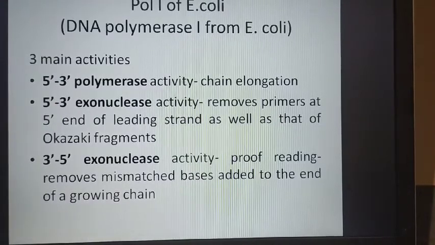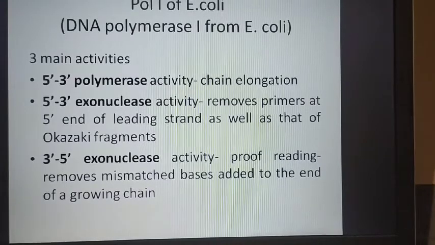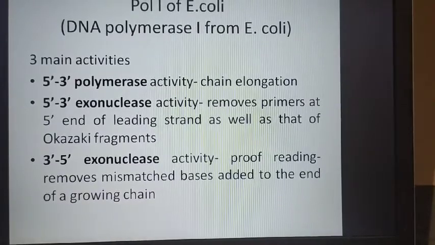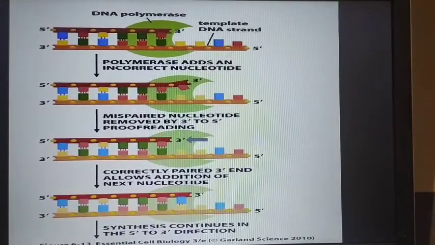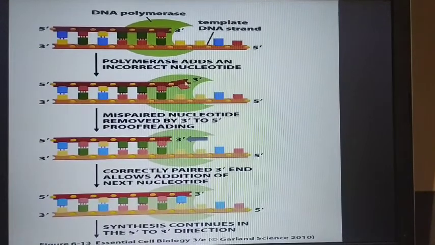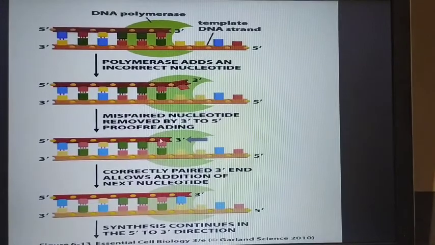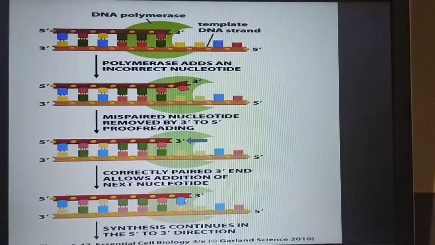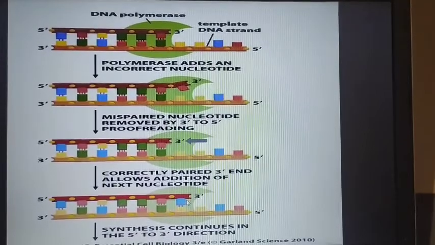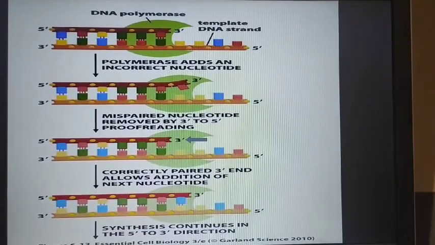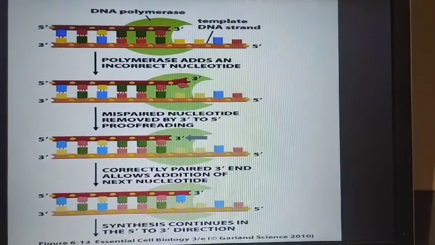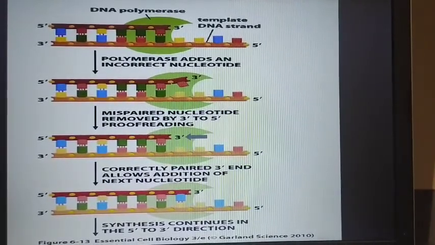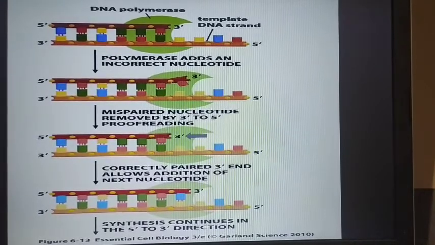That means proofreading. Suppose a wrong nucleotide is incorporated during strand synthesis, that will be removed by the same enzyme itself. That is called the 3'5' exonuclease activity, where you can see the incorporation of a wrong nucleotide, and this enzyme will reverse its direction to remove the mismatched nucleotide which has been incorporated. That is what is called the 3'5' exonuclease activity or proofreading activity. So these are certain facts about the cellular function of DNA polymerases.